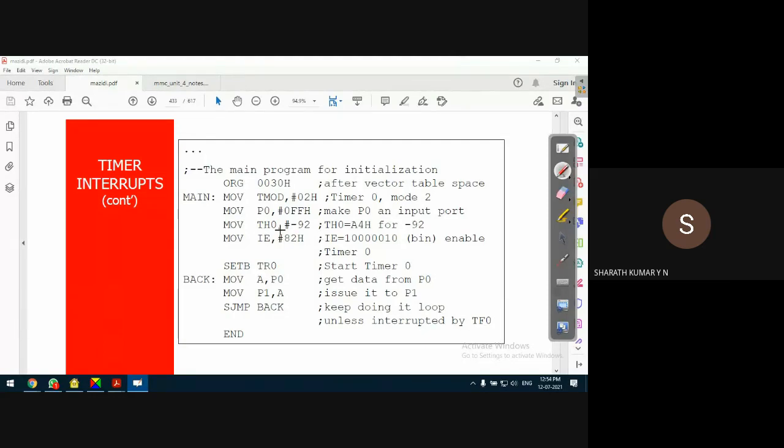The number of clock pulses to be counted is 92. To load the value to the timer, as we discussed in the earlier class on mode 2 operation, we need not calculate in the decimal method. If the number of clock pulses is 92, we can do 256 minus 92, or convert 92 into a hexadecimal value, say XY, subtract that from FF and add 1, which gives the value to be loaded to the timer.